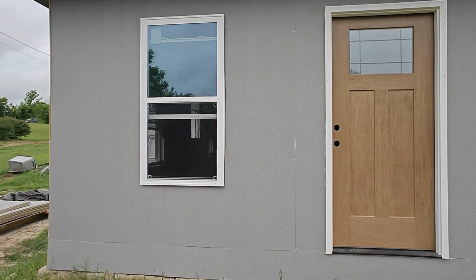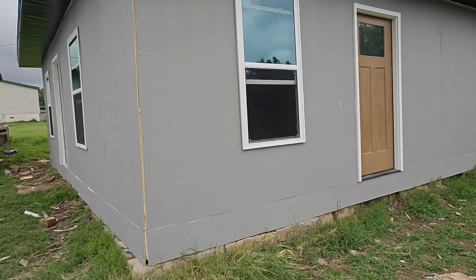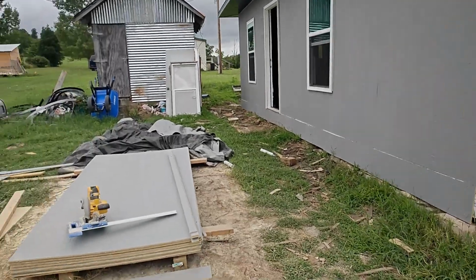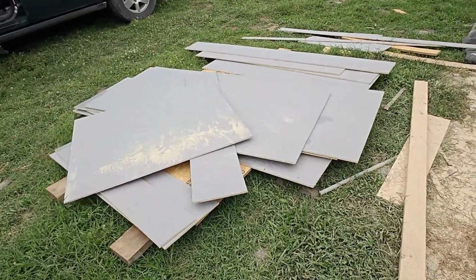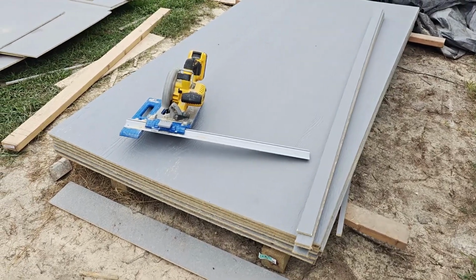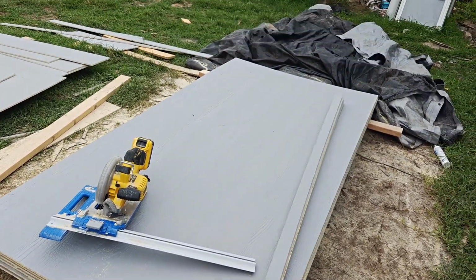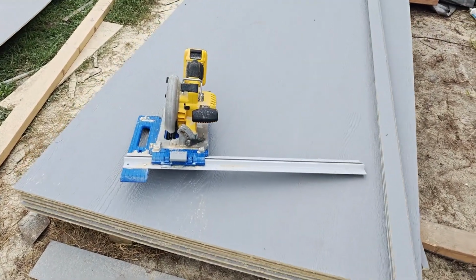I've got the siding panels done all the way around the house. So now I'm working on ripping up the trim pieces, and I'm just ripping them out of the cutouts from doors and windows for now. So instead of dragging out a big table saw and having to set it up all the time, I'm just using this rip guide jig